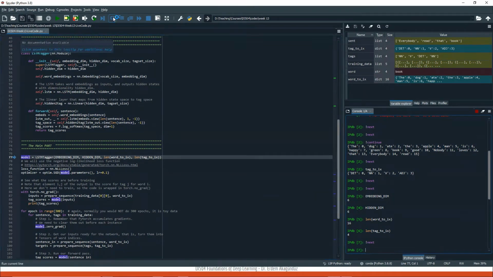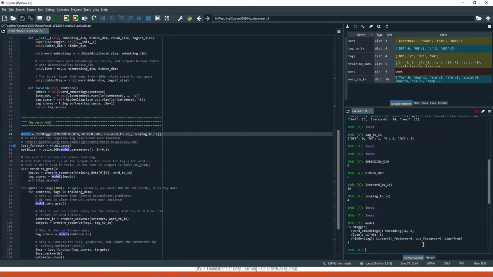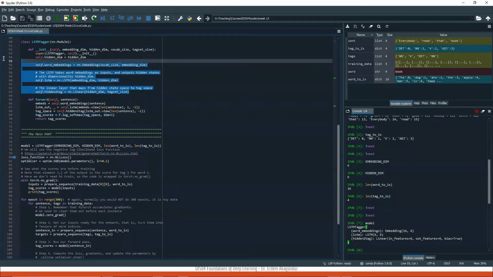I'm going to create the model. So this is the model. This is a computational graph. So this is the model with these layers, guys. It's called the LSTM tagger. There's an embedding, LSTM and hidden tag. The softmax is not included in the layers because I didn't create it within the initialization as a node,